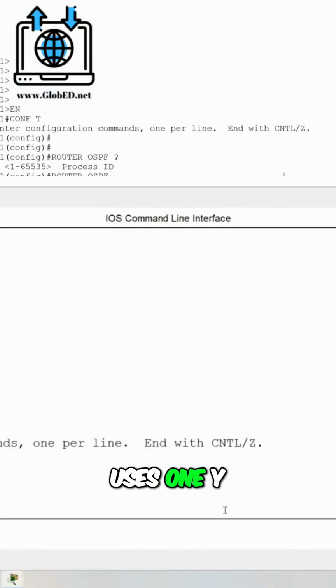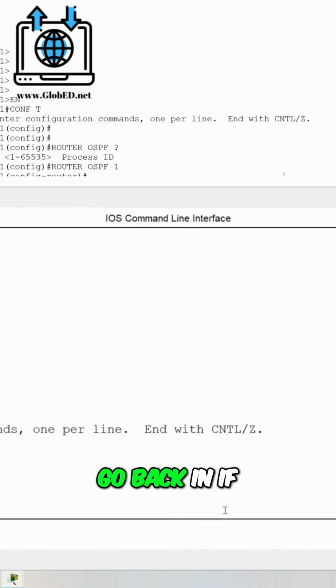All right, so everybody uses 1, because if we have to go back in, if I don't remember what process ID number I used, then I'm creating another process ID. So everybody uses 1, for labbing anyway. Router ospf 1, and it all depends on the network that I'm attached to. In this, I'm doing OSPF v2, not v3. Network